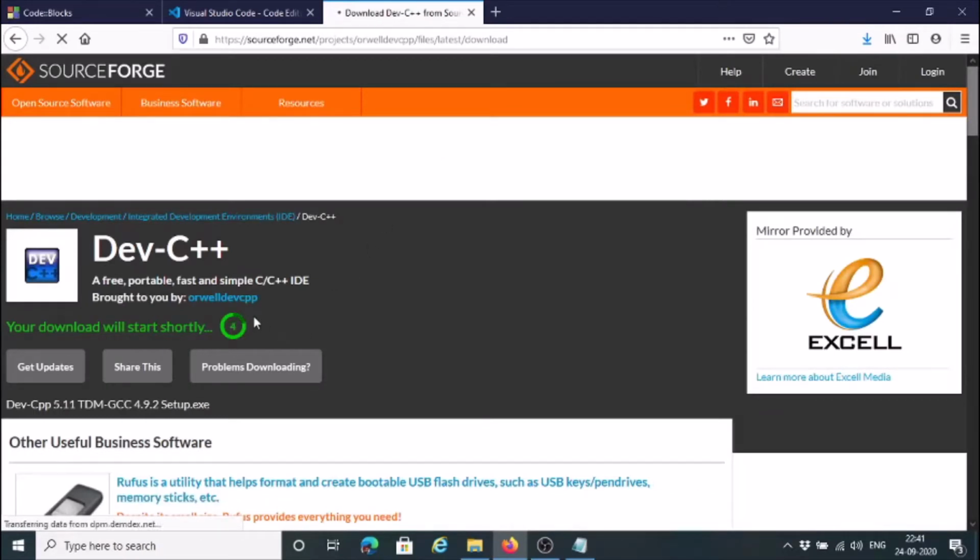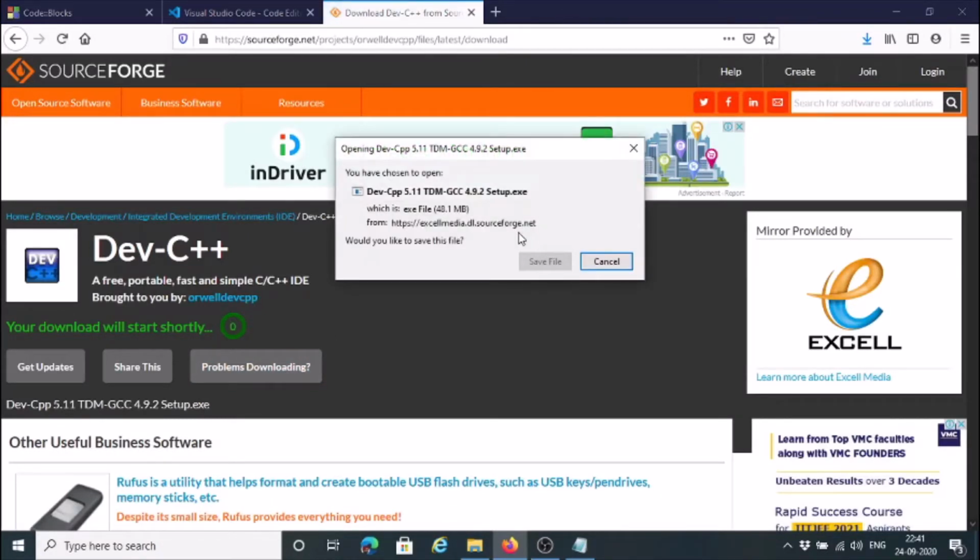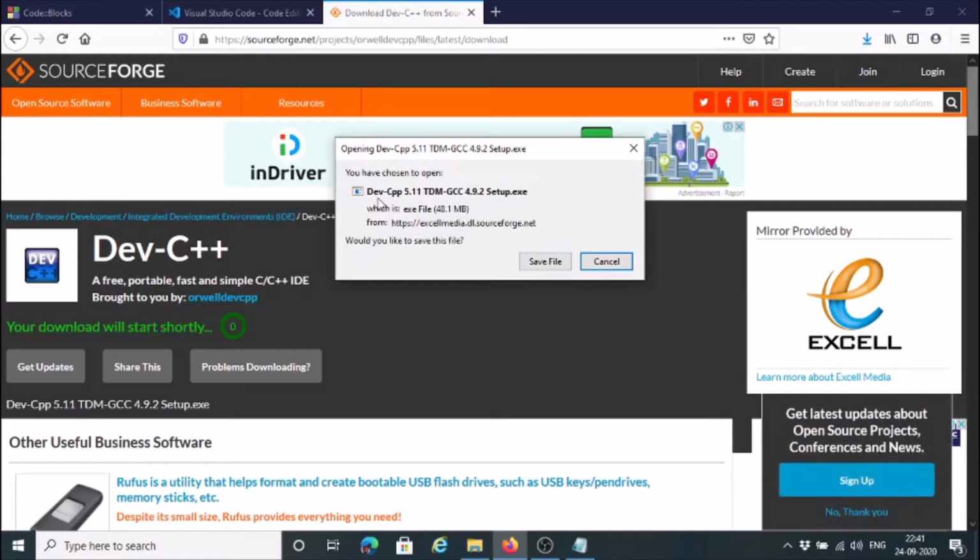And once countdown is complete, a pop-up window will appear. And here please note the file name as Dev-Cpp 5.11 TDM-GCC 4.9.2 Setup. The approximate size is 48 MB.